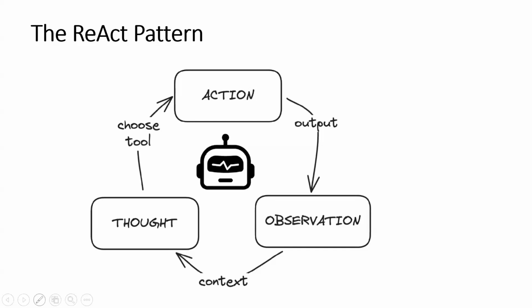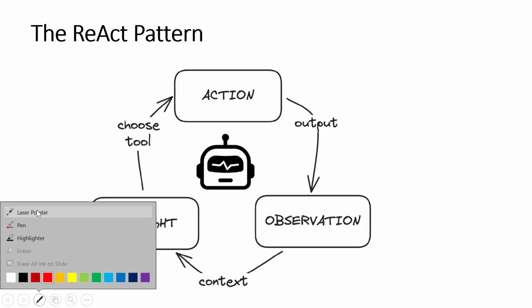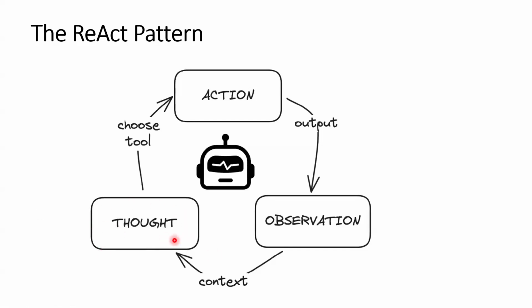First of all, I will do a thought process on how to accomplish my task. And then in order to do the first step, I will use what actions are available with me as an agent. I will see I have 4 or 5 actions, let's say, which we have defined in the prompt. Then it will say, use this action to get the mass of the Earth. So I will select that action and I will execute it.